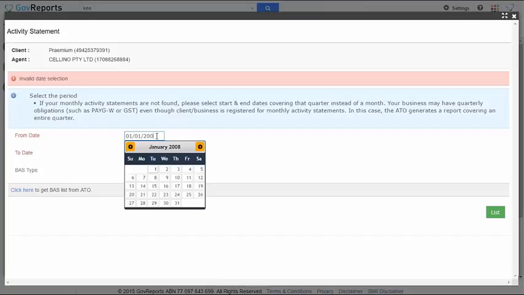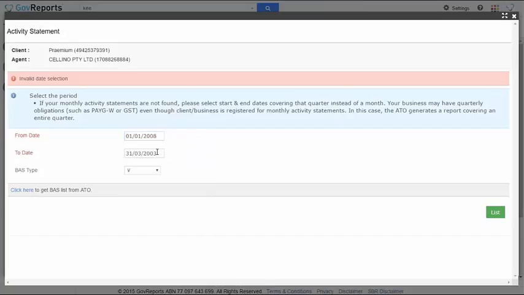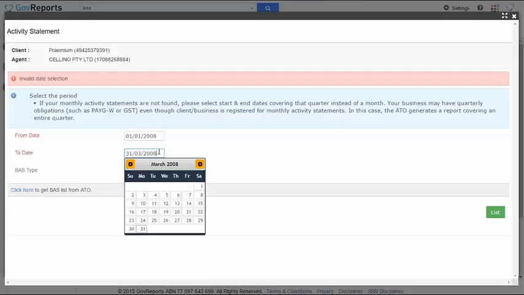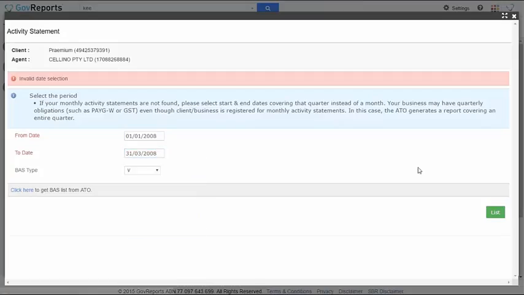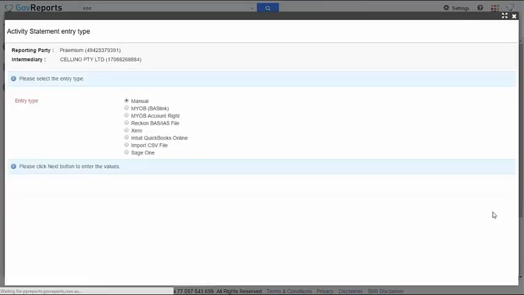Oh, sorry, my date range is so wrong, isn't it? 08 and 08. Okay, so if the date range is wrong, it won't work. Now it's working. All right, so now you won't get the pre-filling from the ATO, but you do get the pre-filling from the software. So assuming that I'm doing it from QuickBooks,